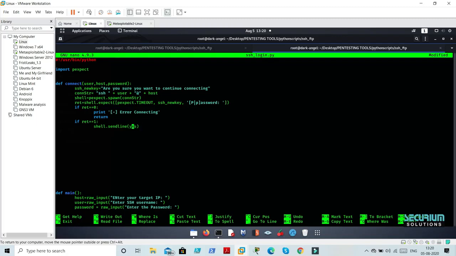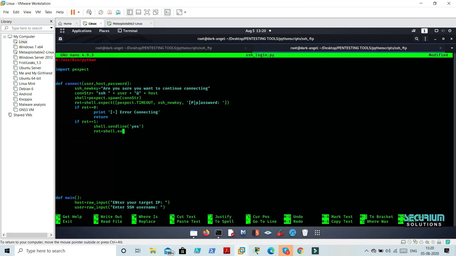What is this yes? Actually, we need to give yes or no when we are trying to connect with the victim's machine, right? So instead of asking the user for yes or no, of course we want to connect with the victim's machine. We will not be choosing the option no. That's why we are giving yes automatically. So we'll send a line yes automatically if everything is right, and then it will go on. In case there are any errors after we give the yes option, it should return some result, right? So that's why I'm adding one more time: return